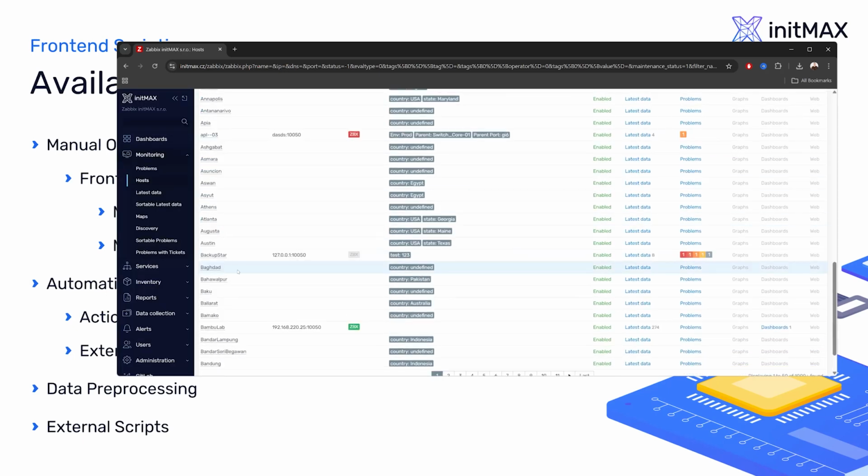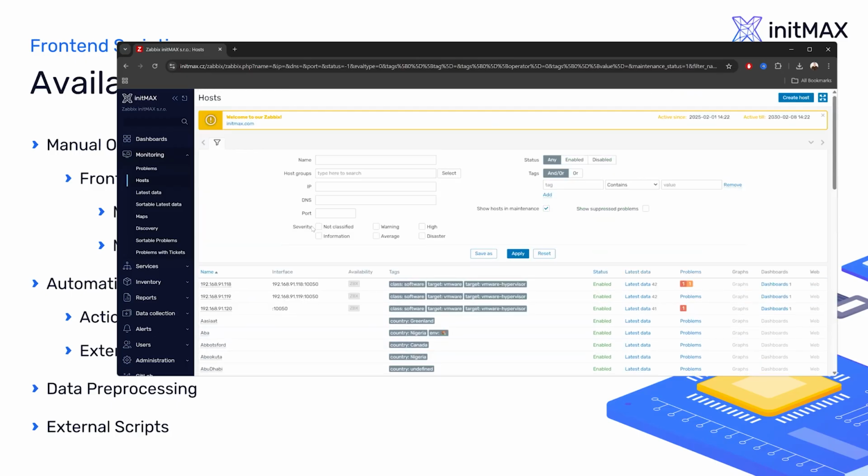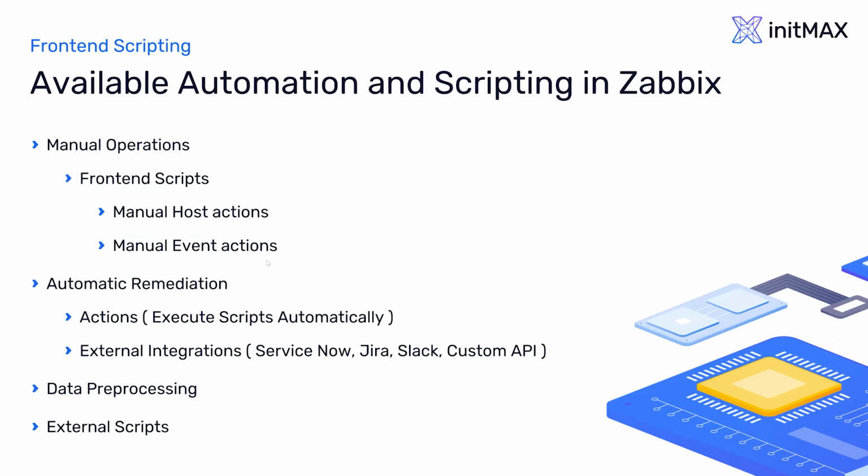But essentially, if we have some sort of host here which has the host interface, so that we have an IP address, we can run these scripts to get some sort of data from the hosts, like the ping or traceroute or just availability. And the second thing, we also can do something on the host, like we can start a service or execute some sort of file or run some query to the database or whatever, again, is our imagination. And the second one is the manual event action, when we basically can go to the monitoring problems